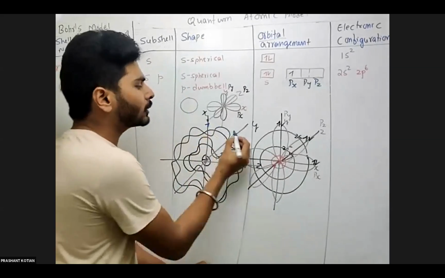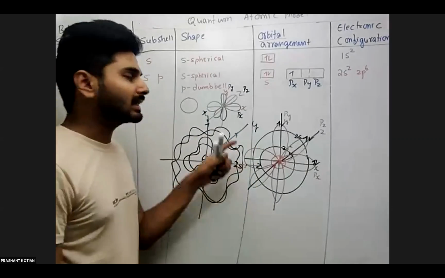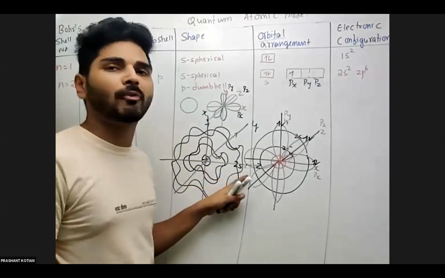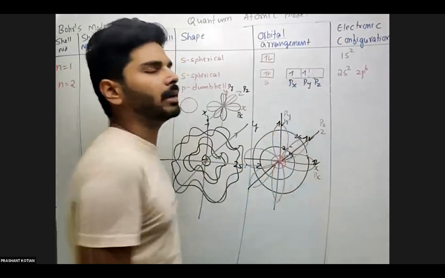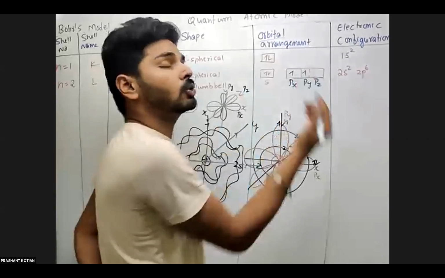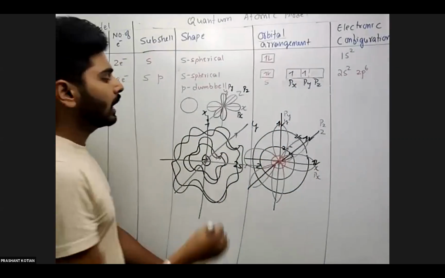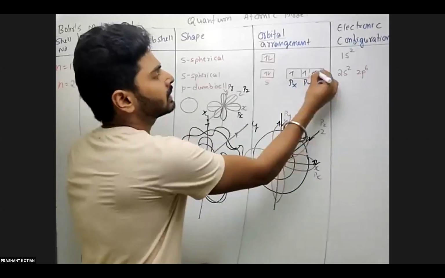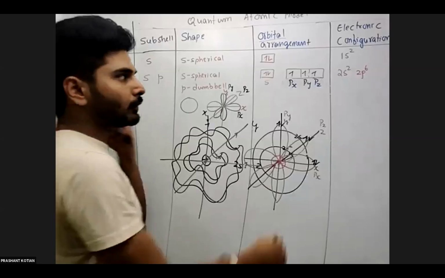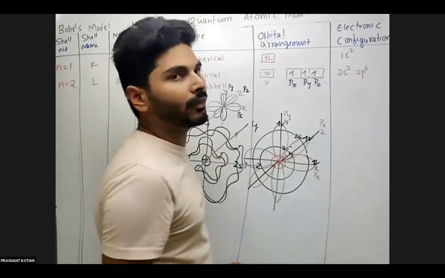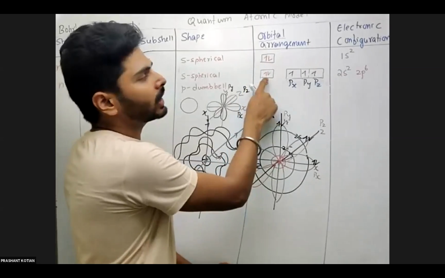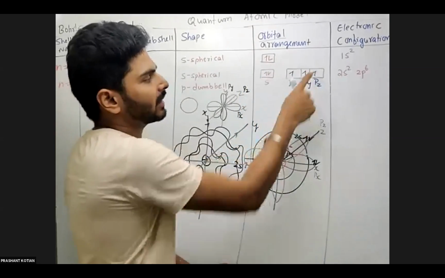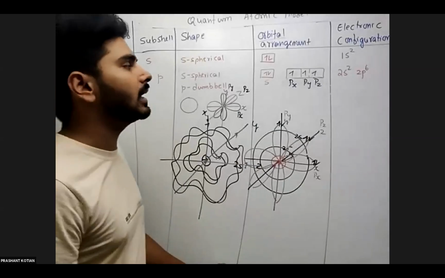So similarly, the electron will go to the next possible axis, not necessarily y. You can keep it for z also. As we know, as a habit, I'll write y, but it is not the only way. You can also go for z. And the 3rd electron will go to the z axis. So that means you have to fill one electron in each orbital first. Now onwards, 2 electrons here, 2 electrons here, that makes 4, then 5th, 6th, 7th. Total 7 electrons you have filled till now.